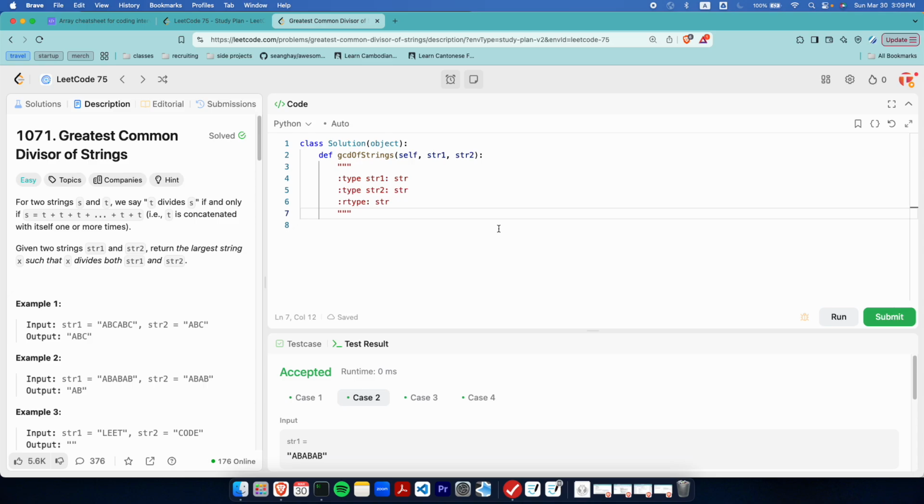Okay, so this is still day one, Leetcode 75. We're solving 1071, greatest common divisor of strings. So we have two strings, S and T. This is the definition of the greatest common divisor, which essentially